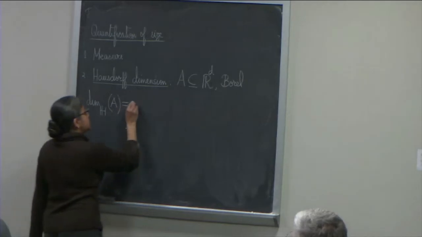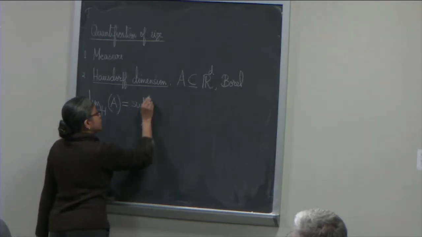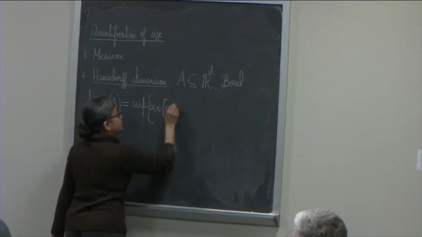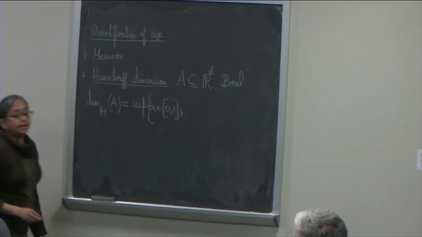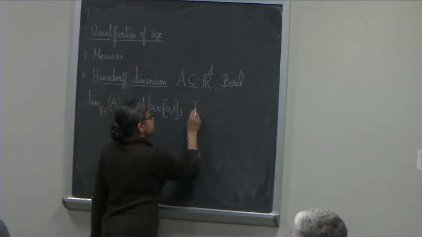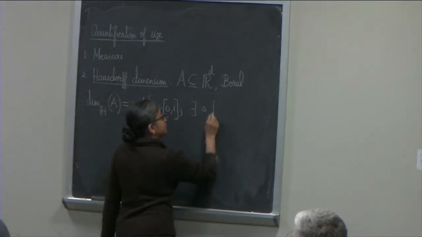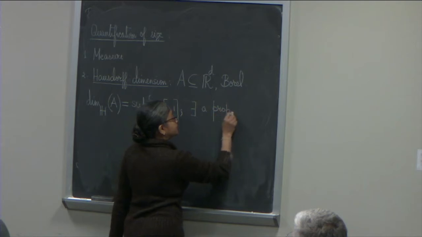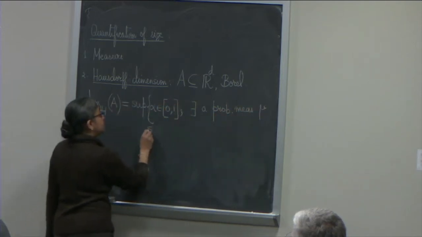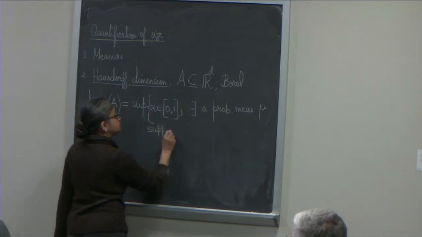It's the supremum over all indices alpha, such that there exists a probability measure mu supported on A,